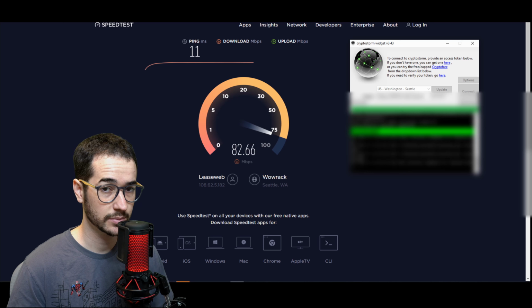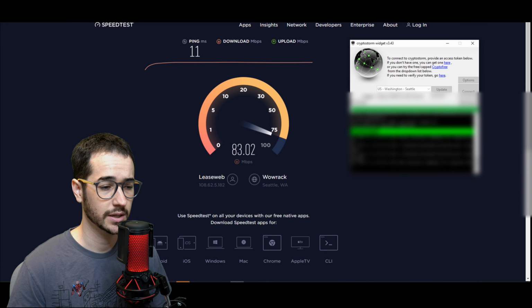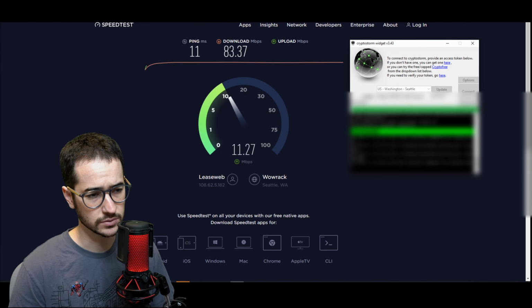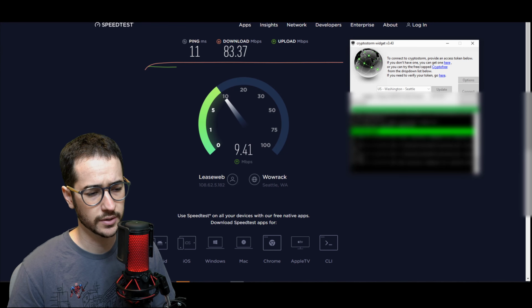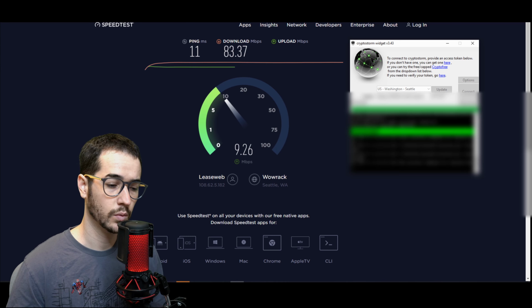I do have a 1 GB per second internet, and this is not showing anywhere close to that. We are getting a decent ping, and the upload rate is around 40 megabits per second as well. And it looks like we're getting quite a bit slower here as well. Of course, we're gonna have to do the Ubuntu torrent test to see what kind of speeds we can get